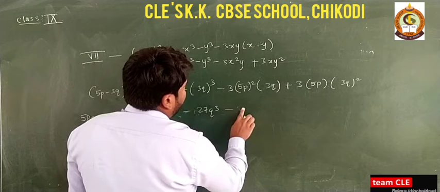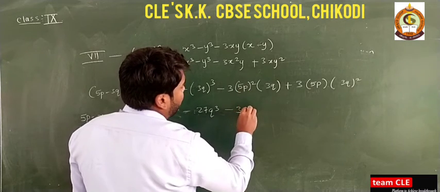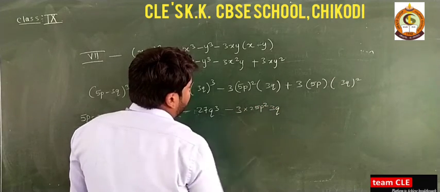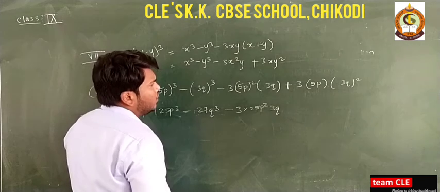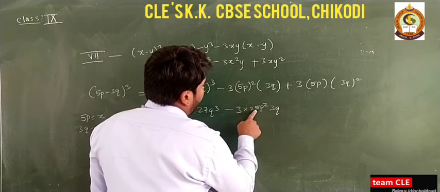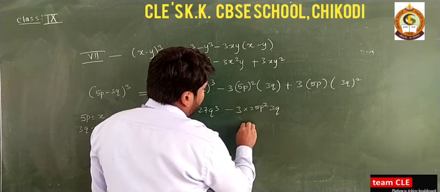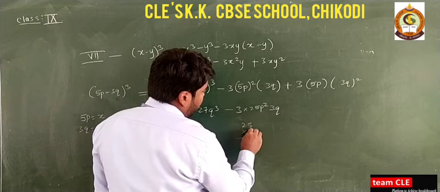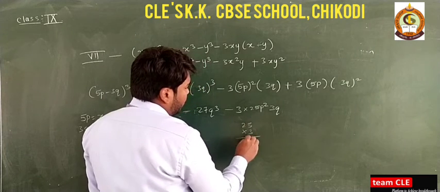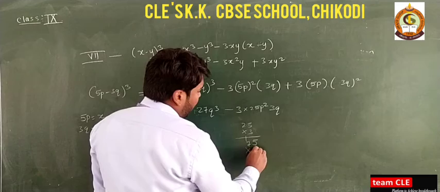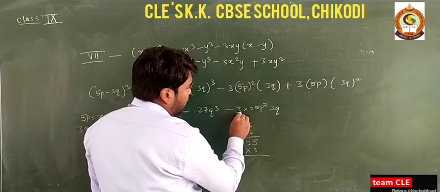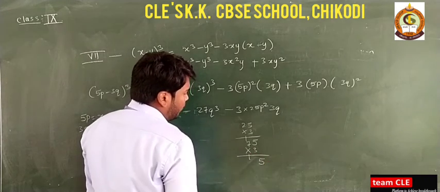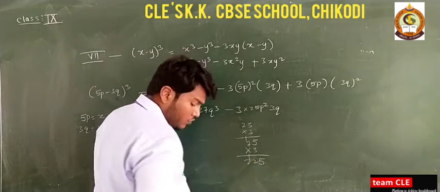So see here, (5p)², so 3 is as it is, so 5 squared is 25p² into 3q, this you need to find. So 25 into 3 you have, that is 75. 5 3s are 15, 3 2s are 6, this is 75. Again 75 into 3 I have to do. 5 3s are 15, 7 3s are 21, 22, so this is 225.